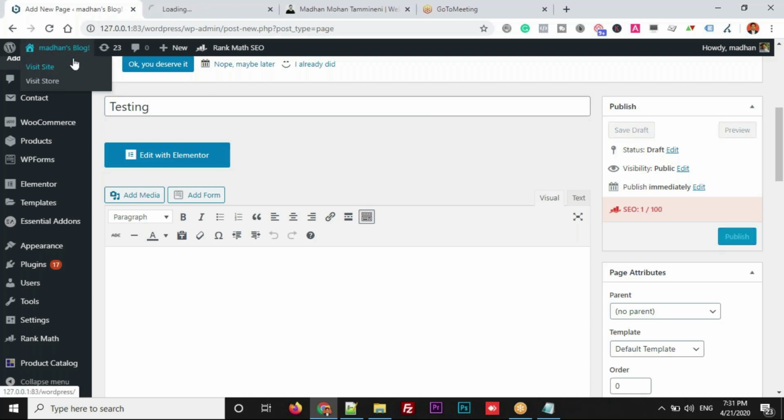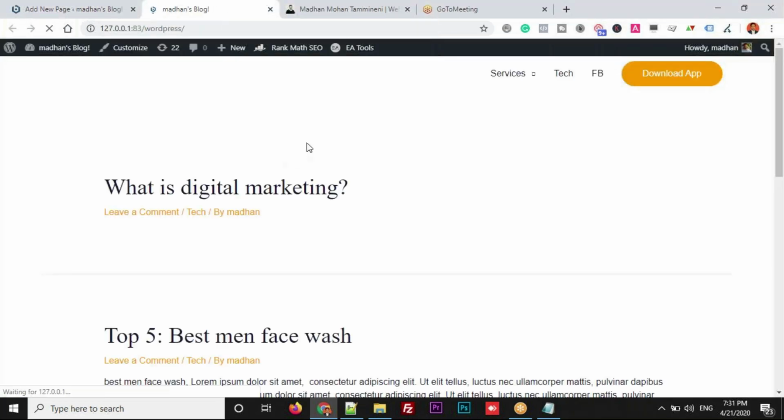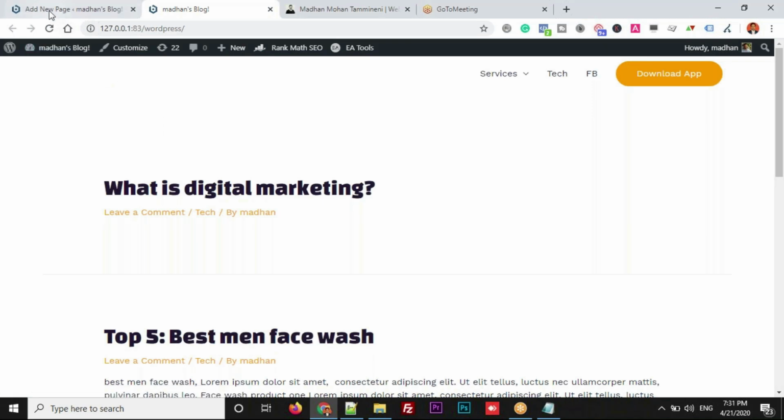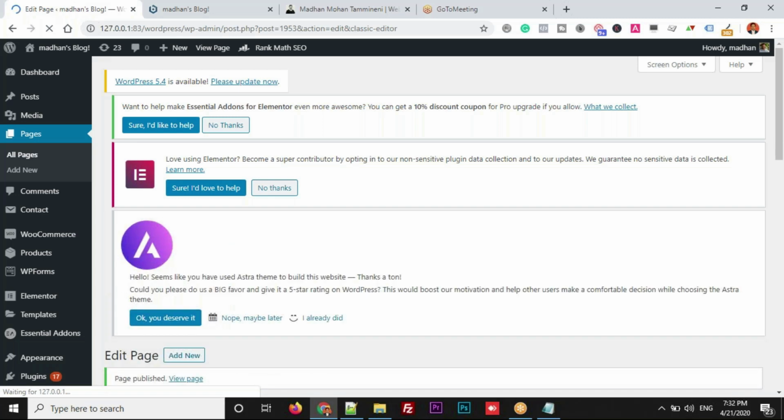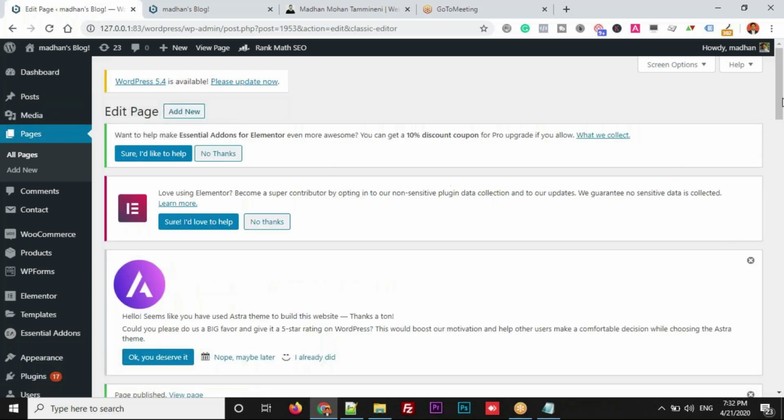Front page, let me open it in a new tab. So this is how it is at this moment. If you want to access this particular page that you have created in the dashboard, this page has to be published. If you didn't publish this page, it will go into the drafts and it cannot be accessed from the front page, that means on your website. So just give the title of the page here and click on publish so that this page is available now to access. You have a view page link here.